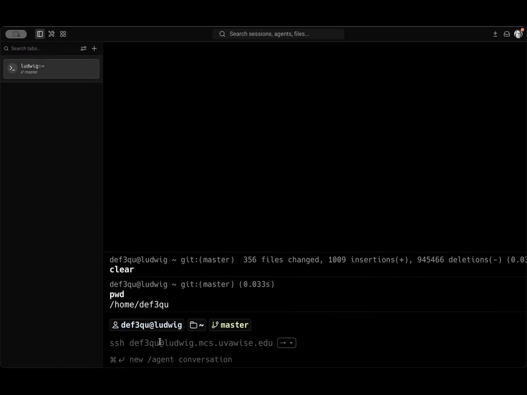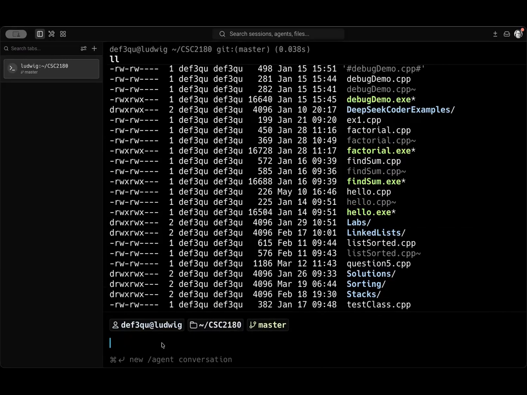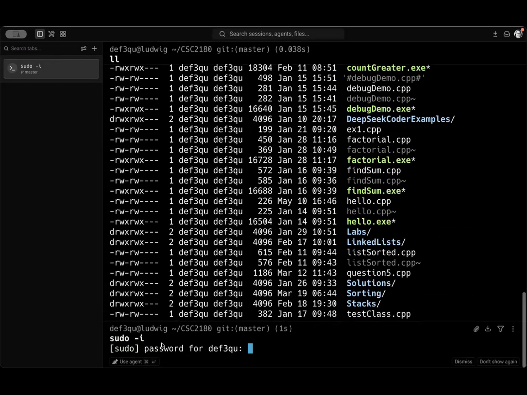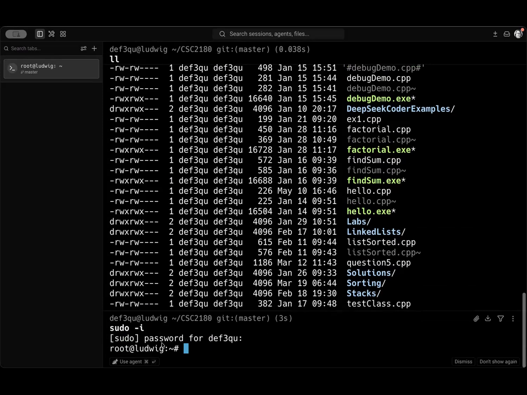Okay. And you will have, or you'll create, no, it should already be there, a CSC 2180 directory. Okay. There's a bunch in there. So instead, I'm going to go ahead and go to root on the server, and I'll find one of the new accounts that I just created.